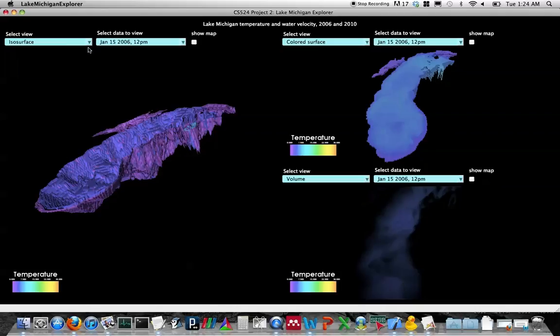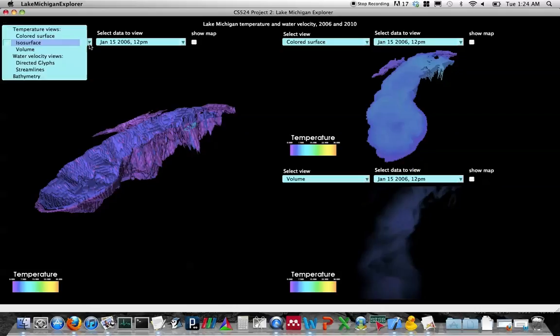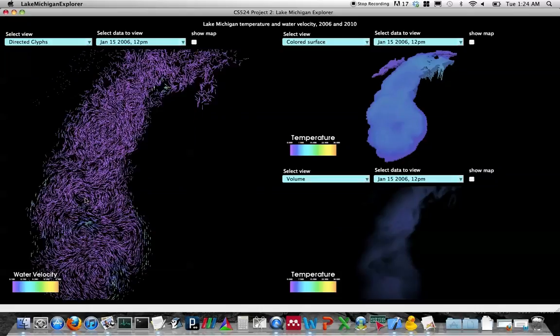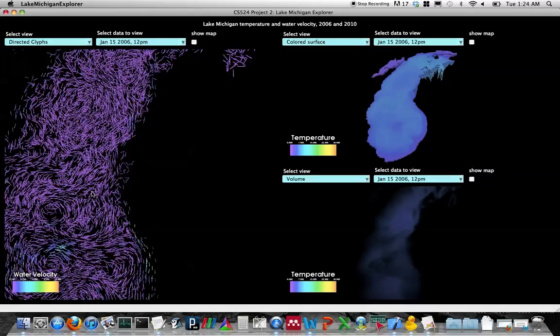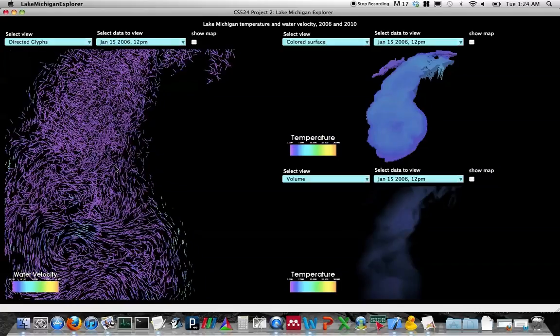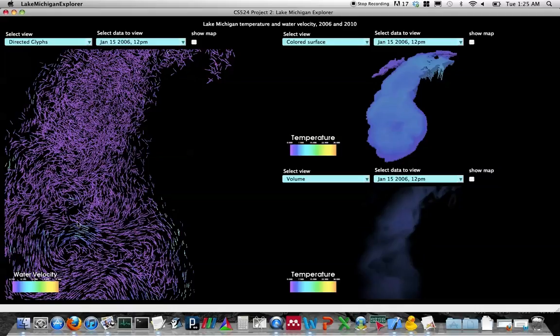We can change views by going to this Select View drop-down box, and instead of viewing temperature, view water velocity as directed glyphs. It takes a moment to load, and once it does, we can see, if we go close, that water velocity vectors are represented as arrows pointing in the direction of the flow and colored according to the magnitude of the flow. And in this manner, we can see that there are certain regions that have higher intensity